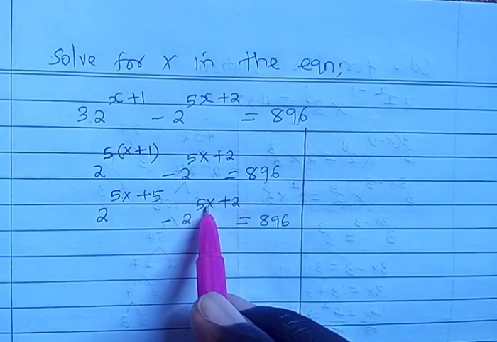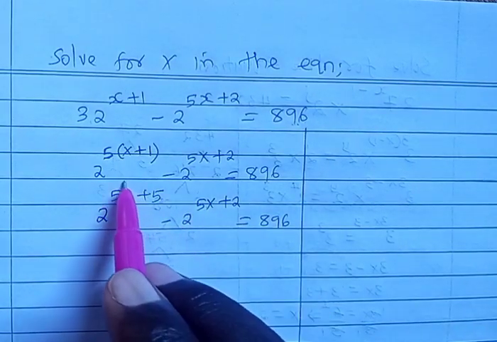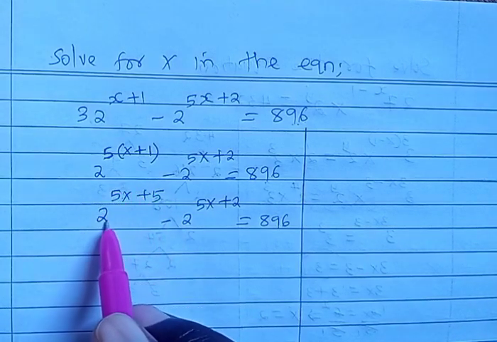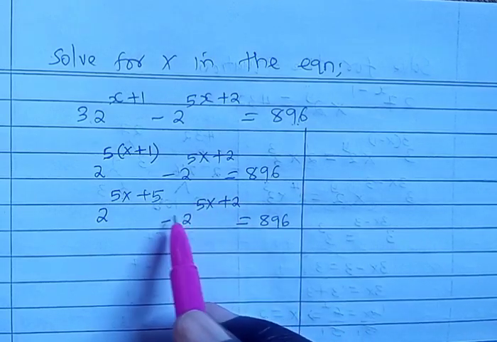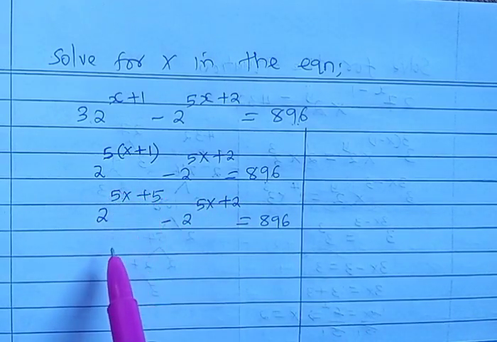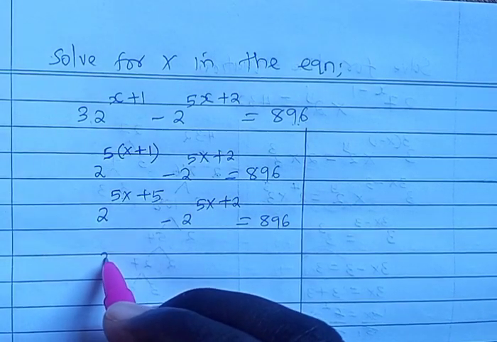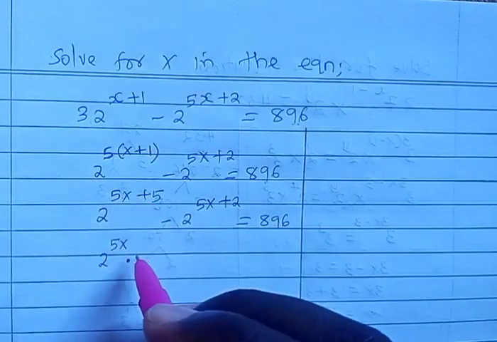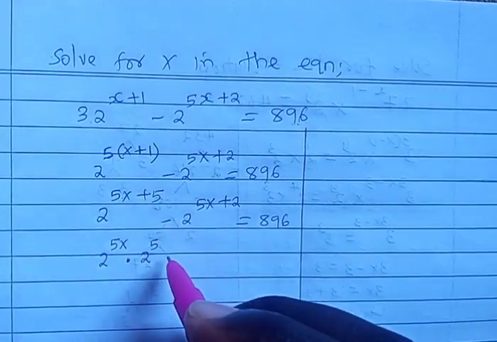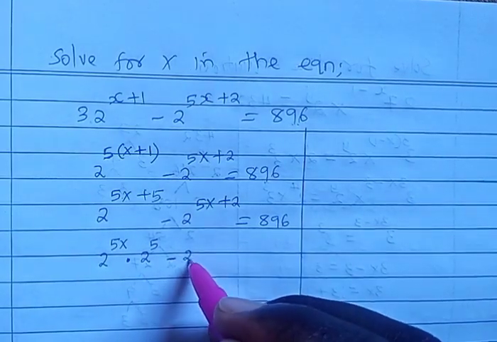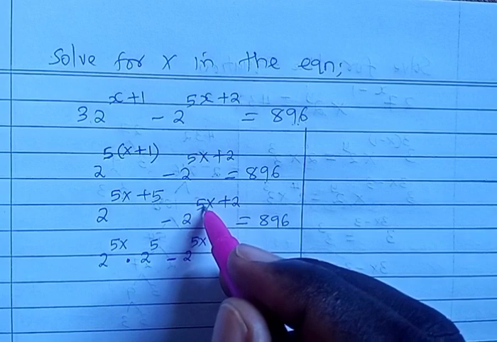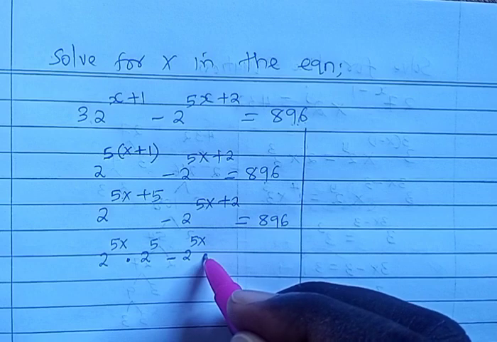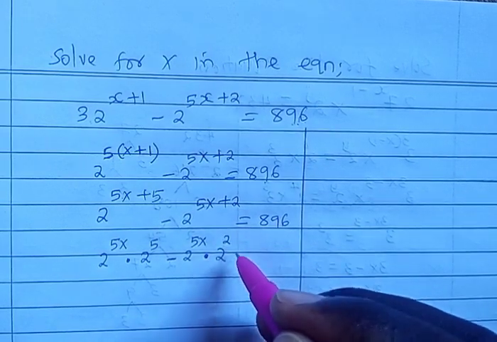Now, the next thing that we shall do is that since I have 2 raised to 5x plus 5 and also 2 raised to 5x plus 2, both powers have a base of 2, so I can break them down using the law of indices. That is, I can say 2 raised to 5x times 2 raised to 5, because of this plus. Then minus 2 raised to 5x, then because of this plus, I will have a multiplication sign, that is times 2 raised to 2